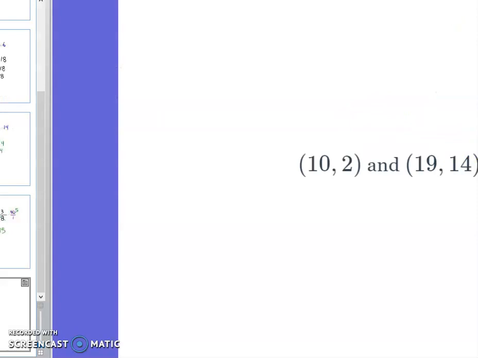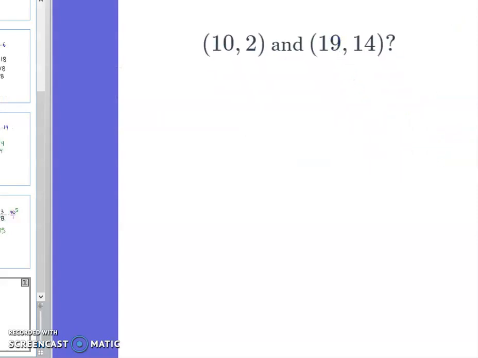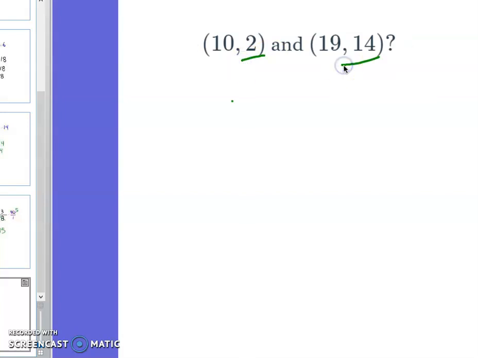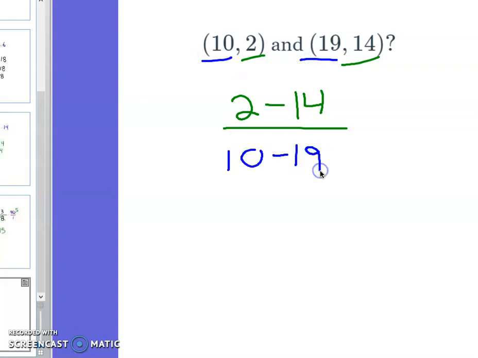Okay. So my y coordinates are 2 and 14, so I'll write 2 minus 14. I'll put that as the rise. Sometimes I remember that rise rhymes with y's. Okay, the y coordinates control the rise, and then the run is going to be 10 and 19, so 10 minus 19, I'm going to get negative